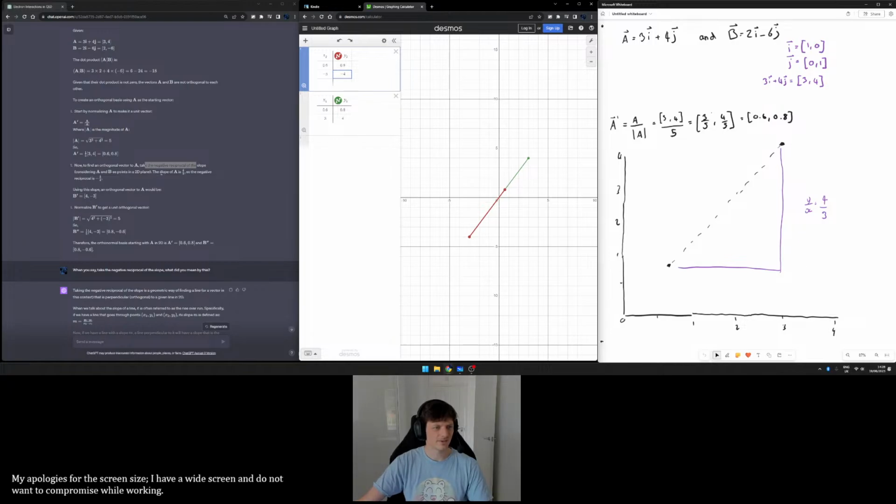The slope of A is 4, 3, so the negative reciprocal is negative 3, 4. Oh yeah, I did this wrong, didn't I? There you go. So 3i plus 4j